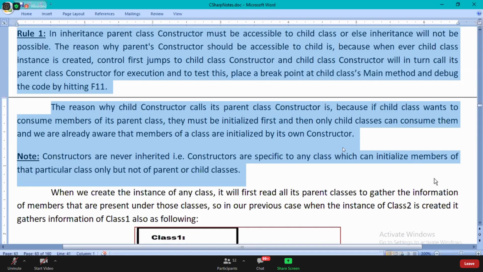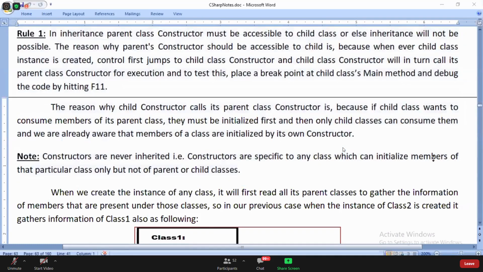Are you done? Did you understand? And the note is very, very important there. What is it? Constructors of a class are never inherited.